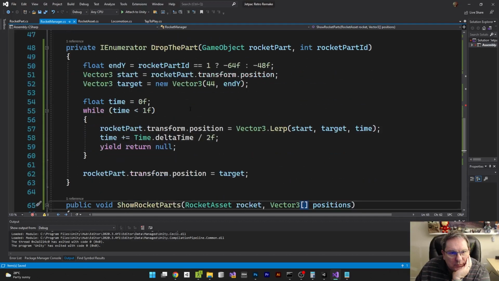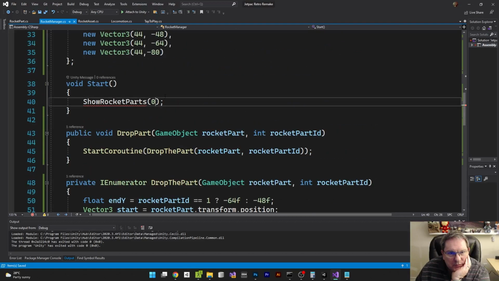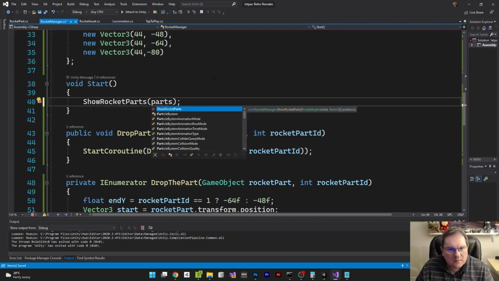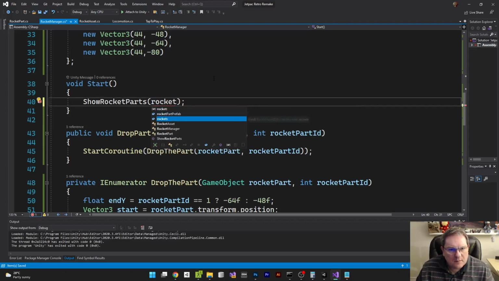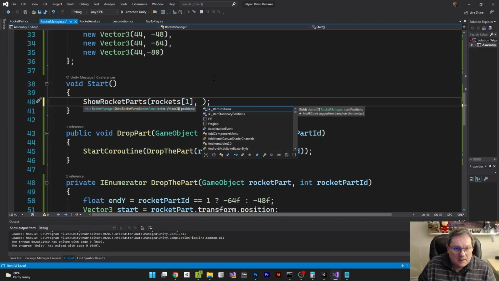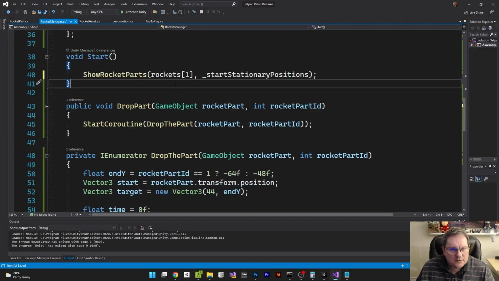So show rocket parts, and then we're going to choose rockets. Let's choose 1 this time, and then the positions will be start stationary positions. So that's our show rocket parts,